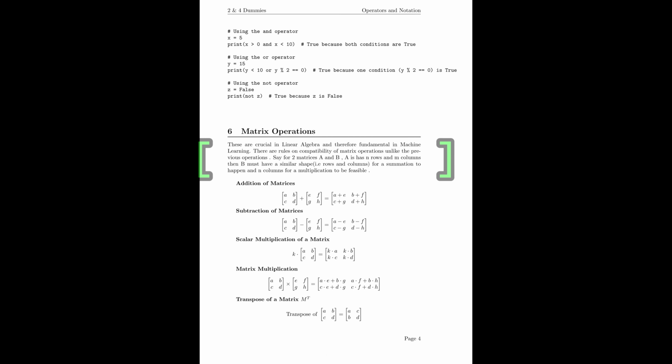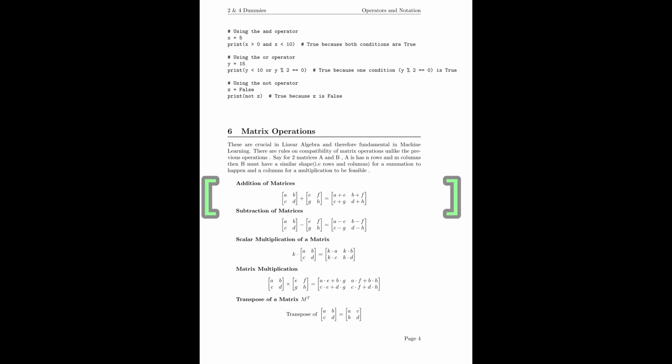One peculiar thing about the manipulation of matrices is that the rules are kind of different, because say for 2 matrices A and B, with A having n rows and m columns, for there to be some kind of compatibility, we need the second matrix B to have a similar number of rows and columns,